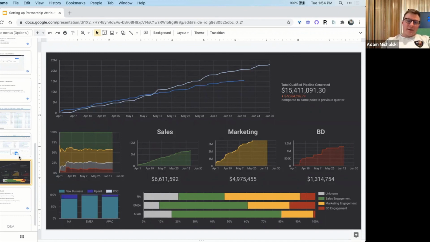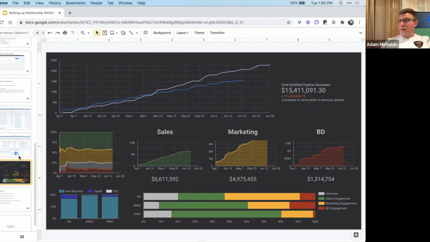And then once you start to actually get the output of it, it makes forecasting and things like that much easier. Because you can understand, okay, if this is how much we've driven historically from each part of the organization, then moving forward, with real data, we expect that you are going to be able to drive this amount. So we started using it for more planning.